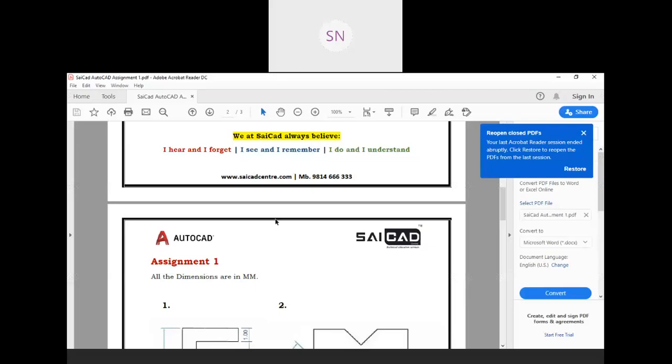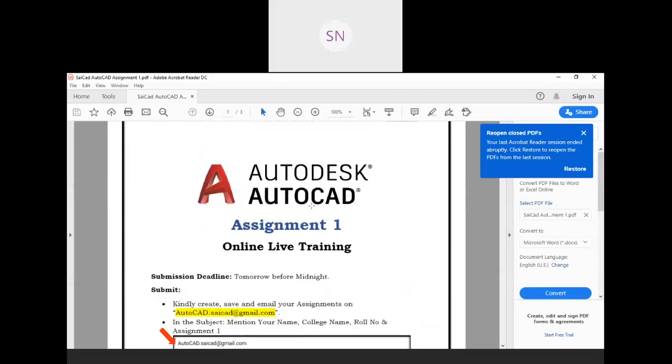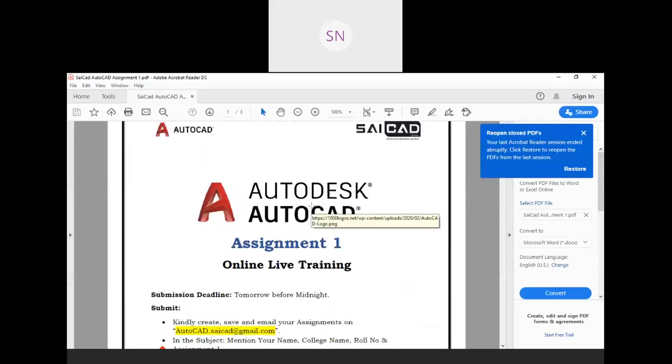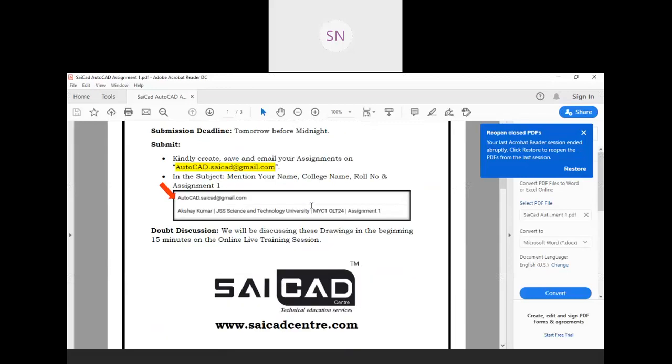Yes, we can, but it is not necessary in AutoCAD. It is necessary in higher software. This assignment page is not visible, right? Now it is visible.